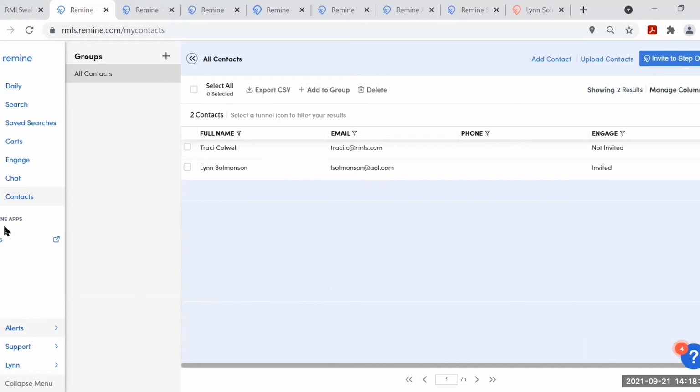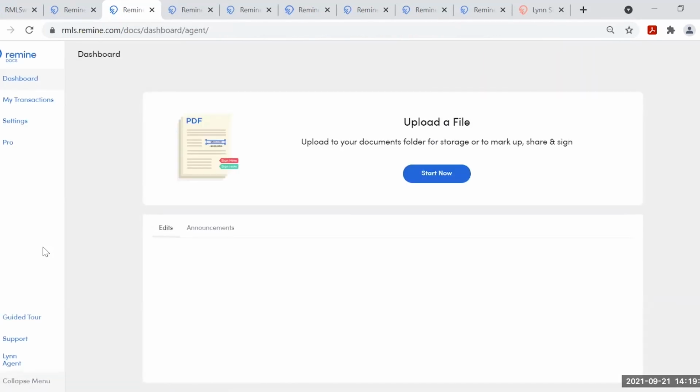Okay, and then back up here to docs. Remine has a piece that's their little document center, and I know you guys in your offices all have ways, like DocuSign and all those different companies that you use to get digital signatures. There are times though where I've talked to brokers and that website you're usually using is down and you urgently need to get a digital signature on a document.